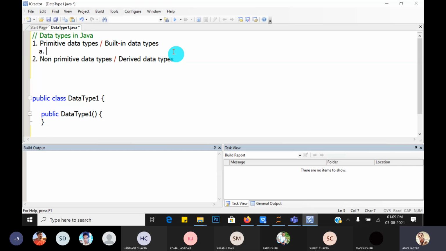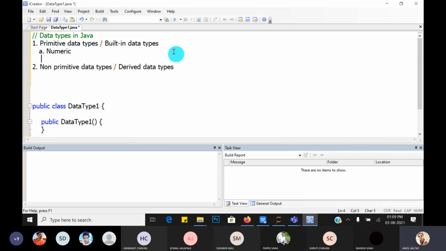First is the numeric data types, and second we will call non-numeric data types. So primitive data types we have divided into two types: numeric data types and non-numeric data types.